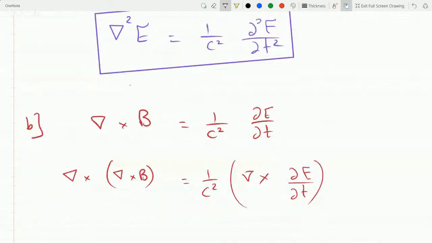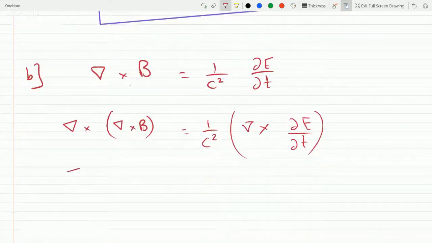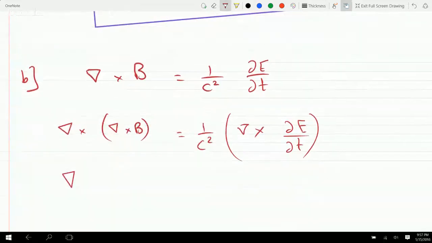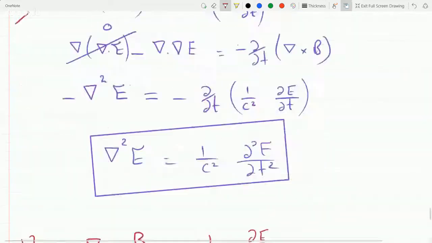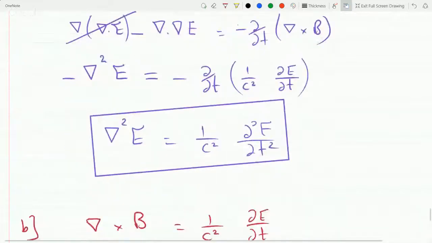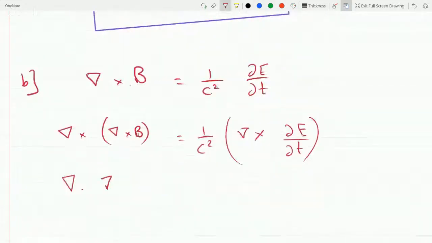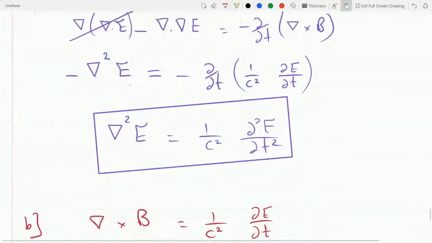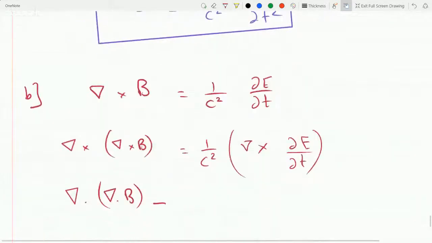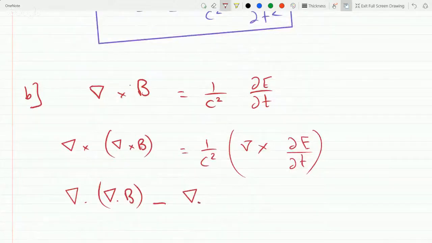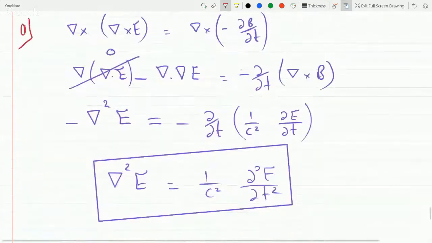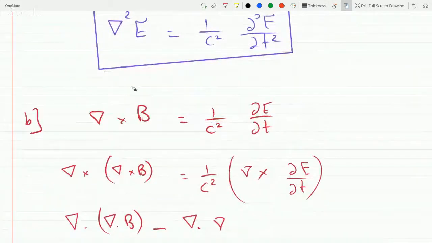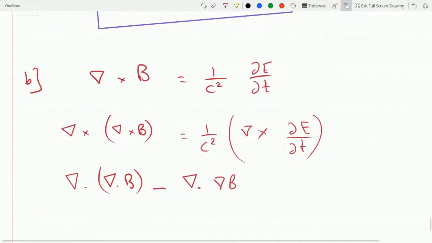Okay, and I'll use the same identity I used before. The identity was the gradient of the divergence of B minus the divergence of the gradient, there's no dot here, equals